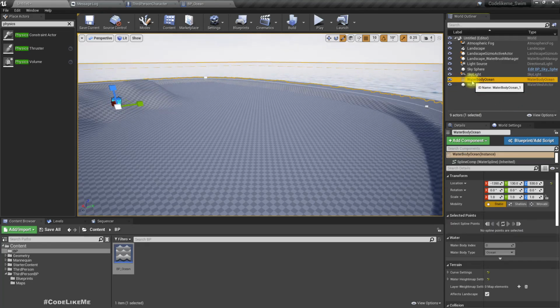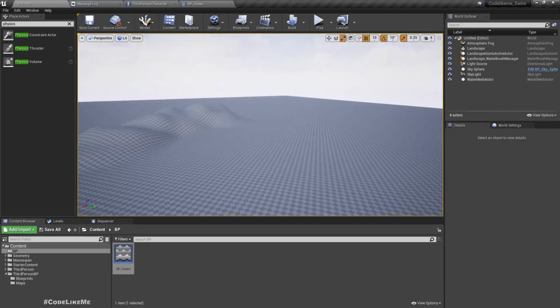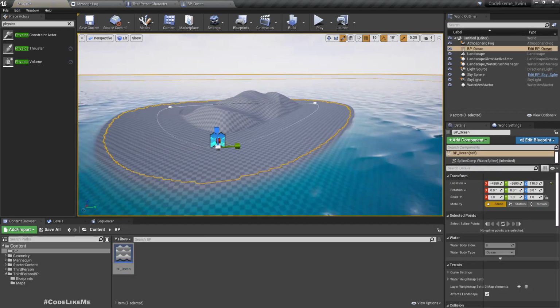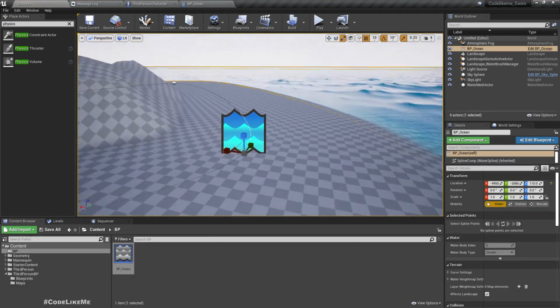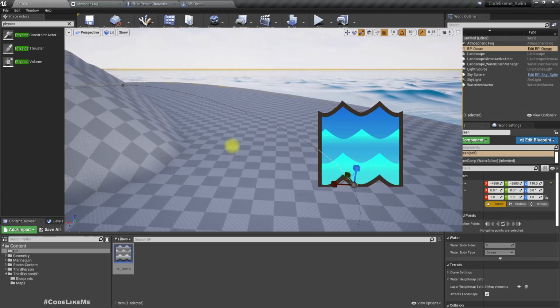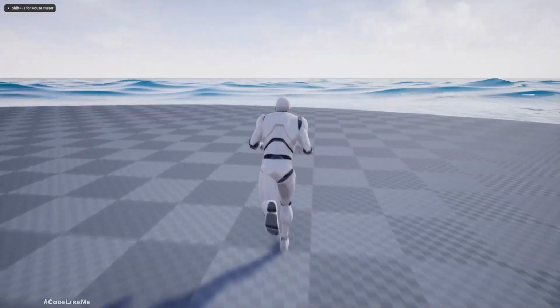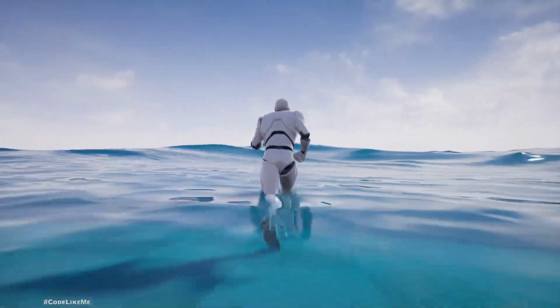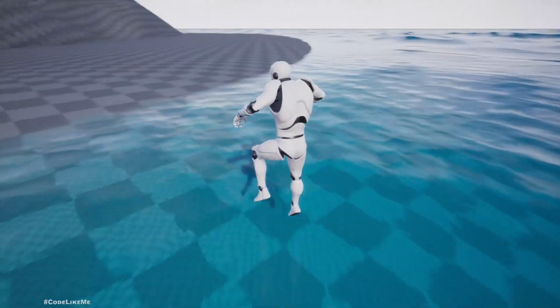And can I delete this? Right, and drag and drop this BP ocean. Okay, cool. Now we have the ocean. Let's say, okay, it works as the previous one, nothing different. Great. Now